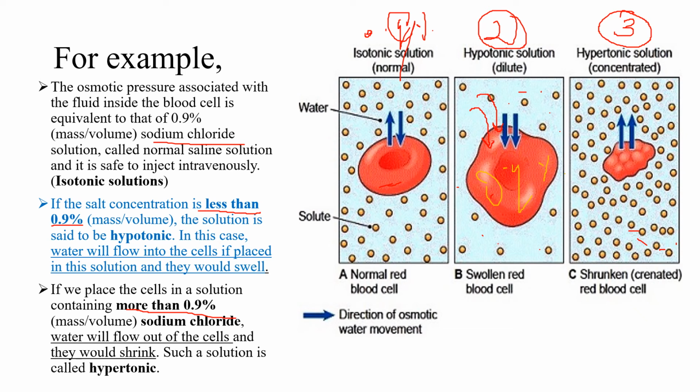According to the process of osmosis, the flow of solvent molecule takes place from low concentration of solute to higher concentration of solute. तो low concentration तो blood cells के अंदर है, तो क्या होगा? जो low concentration blood cells के अंदर था वहां से solvent molecules बाहर को आने लगेंगे, कहाँ को? जहाँ higher concentration है, क्योंकि हायर कॉन्सेंट्रेशन तो सॉल्यूशन में है। तो सॉल्वेंट मॉलिक्यूल्स बाहर को आएंगे हायर कॉन्सेंट्रेशन ऑफ सॉल्यूट की साइड को, तो ये सारे के सारे बाहर आएंगे और ब्लड सेल विल गेट श्रिंक इन दिस कंडीशन, क्योंकि उसके जो सॉल्वेंट पार्टिकल थे वो सॉल्यूशन में आ गए, और ब्लड सेल विल गेट श्रिंक।